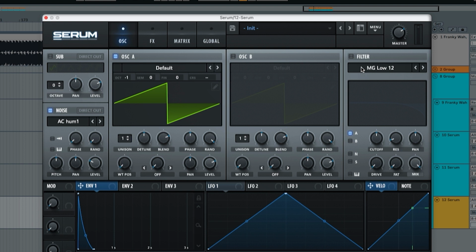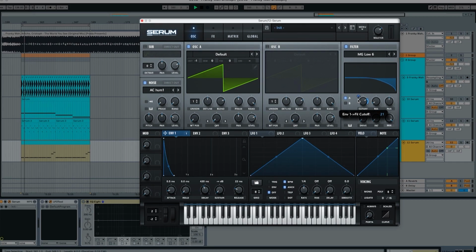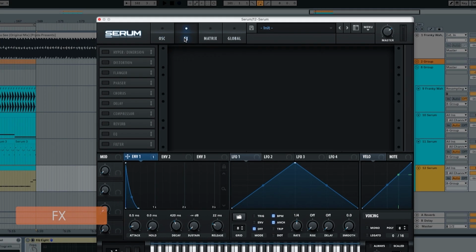We also have to modulate this a little bit more here with the filter. So we're gonna put the cutoff over here to 2523, something like this. Boom. The resonance is gonna go all the way down, drive and fat all the way down. But we have to pick this envelope over here and modulate it to around 23. But for us to make a little bit more progress in the sound, we have to go into the effects